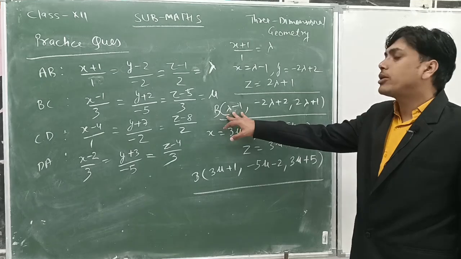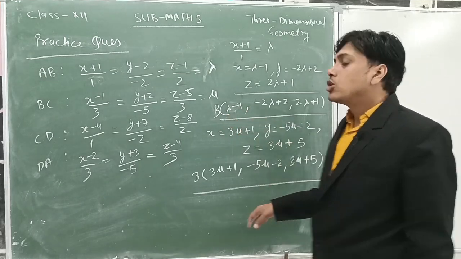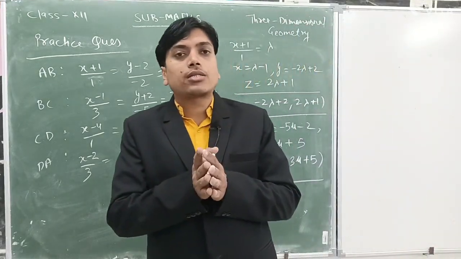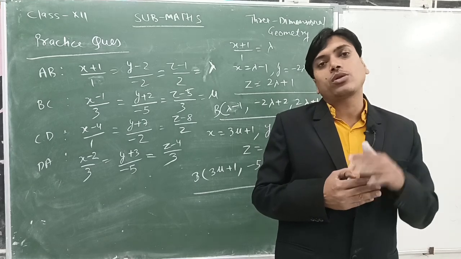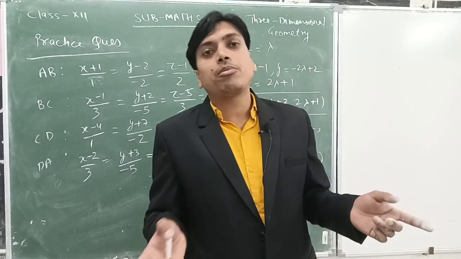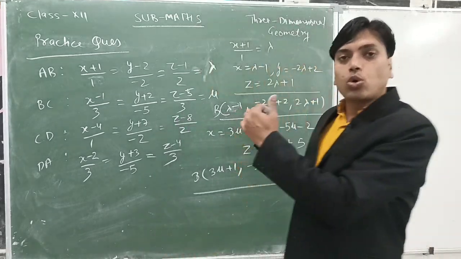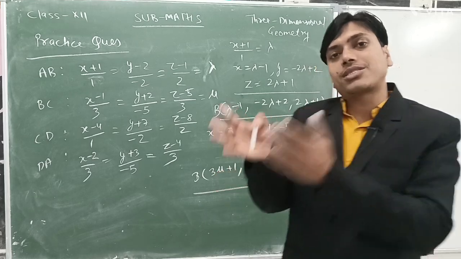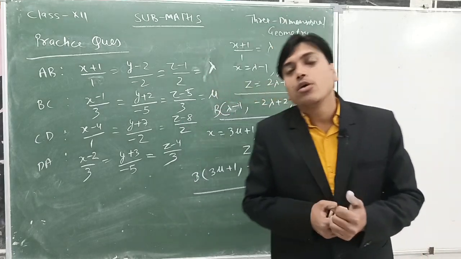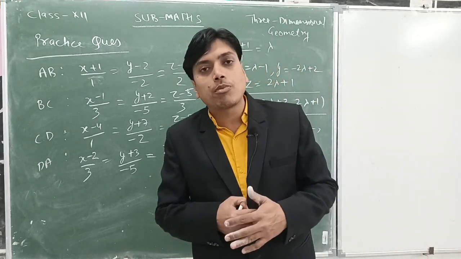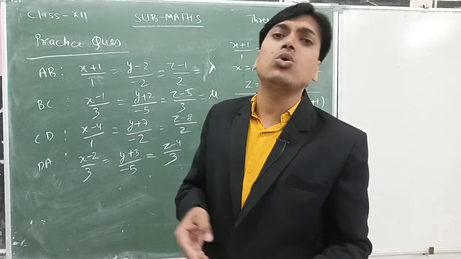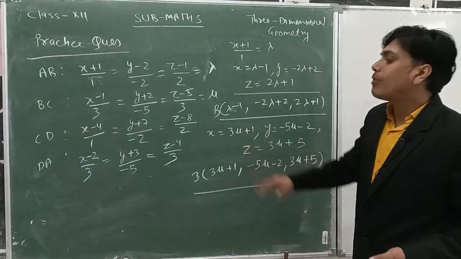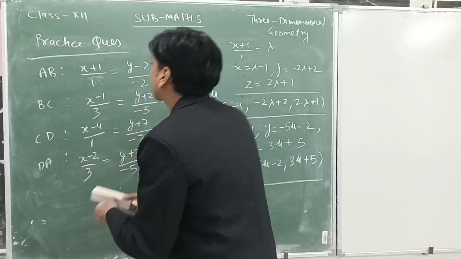Now this is the point B and this is also the point B. Both coordinates are of the same point, because point B lies on AB as well as BC, so they can be equal. Whenever two coordinates are given and both are for the same point, x1 will be equal to x2, y1 will be equal to y2 and similarly z1 equal to z2. So equating the values we will get,